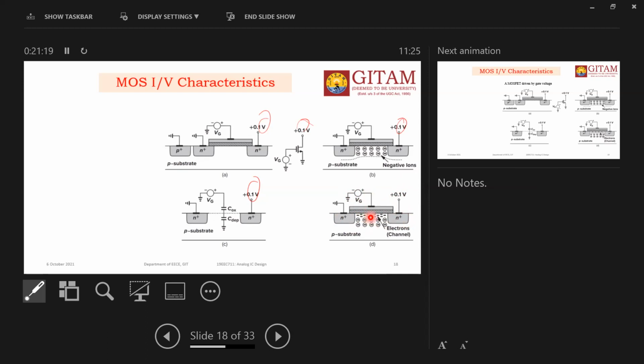What is the threshold voltage? Earlier, because of VG, more positive charges are there here and fewer negative charges. This is called the imbalanced condition. Whenever you increase the voltage, resulting in more negative ions, there must be equal charge on both sides. That is called what? The voltage required to make that balance. So if it is an NMOS transistor, there is an N-type layer and a P-type layer between source and drain.